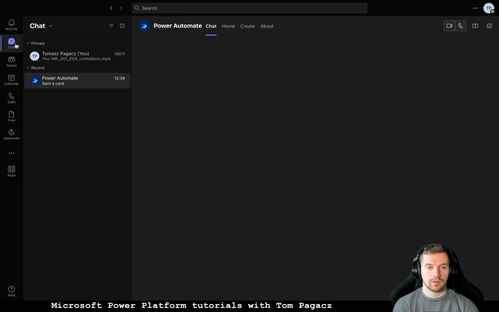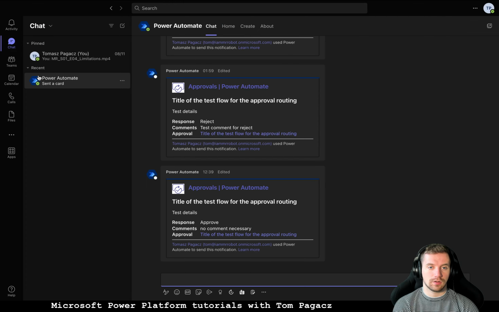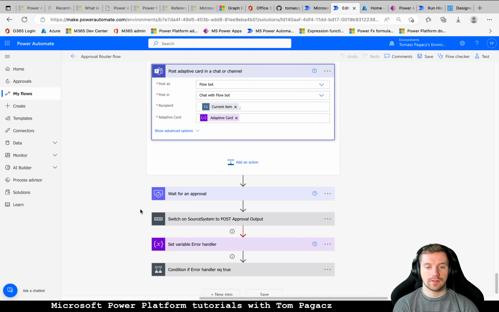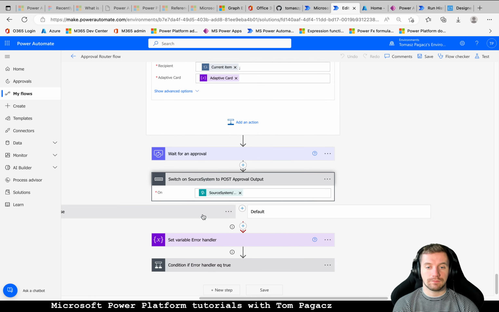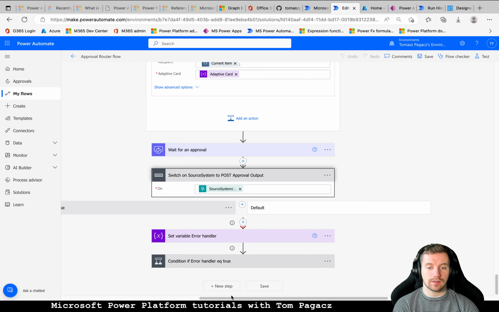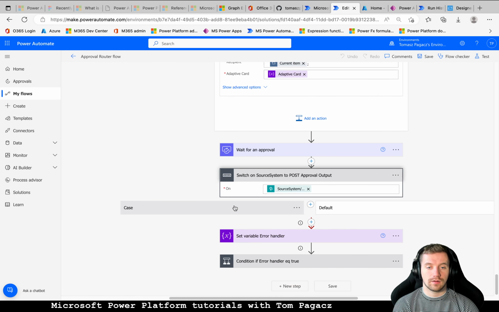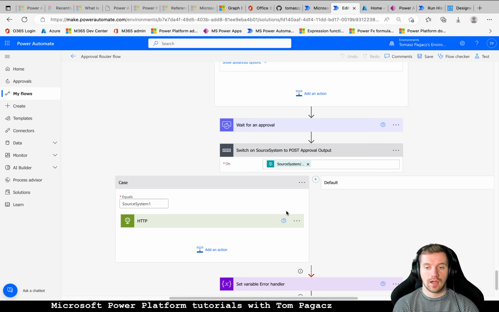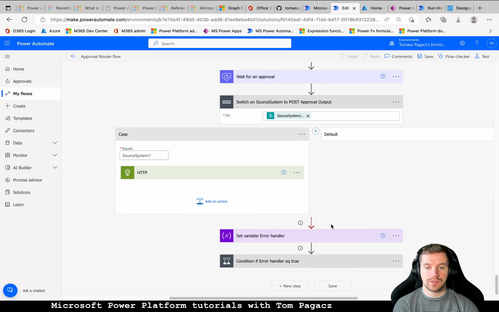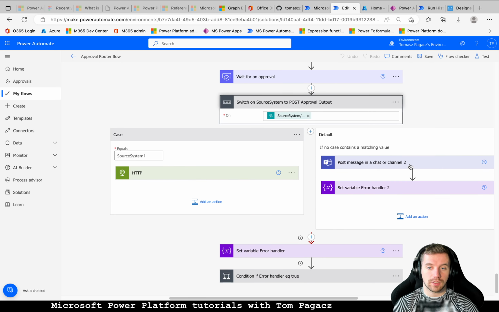So in chat, you should be able to spot this chat with the bot. And then we are waiting for the outcome of this approval. If this happens, we are sending output to the source system, or informing our